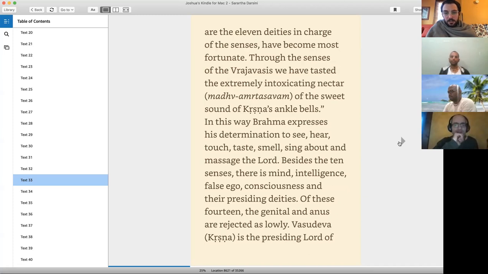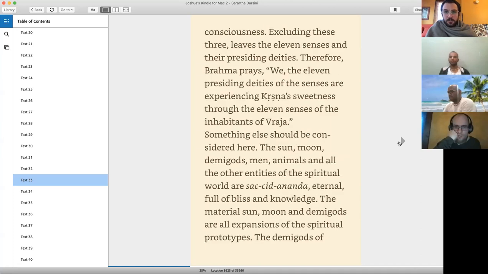Of these 14, the genital and anus are rejected as lowly. So he's saying that there are 13, but he's not counting those two. Vasudev, Krishna, is the presiding Lord of consciousness. Excluding these three leaves the 11 senses and their presiding deities. Therefore, Brahma prays, we, the 11 presiding deities of the senses, are experiencing Krishna's sweetness through the 11 senses of